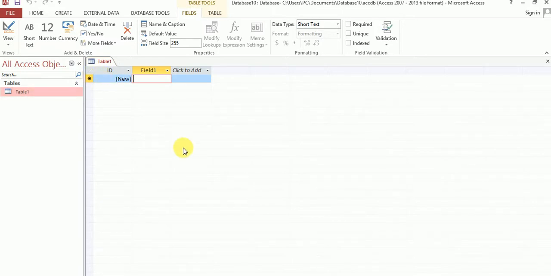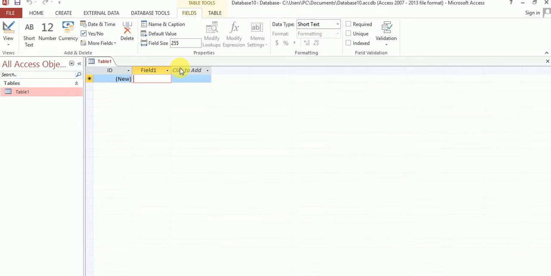Now let's discuss the record. A record is a database entry that may contain one or more values. Groups of records are stored in a table, which defines what types of data each record may contain. Records are often called rows, since each new record creates a new row in a table. So what is a record? A record is a database entry that may contain one or more values.